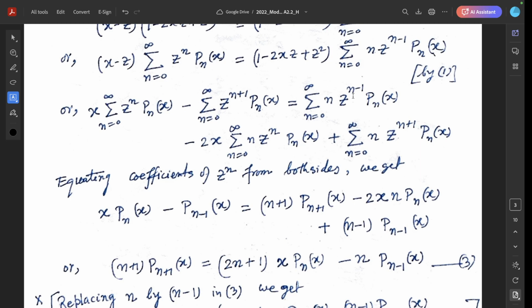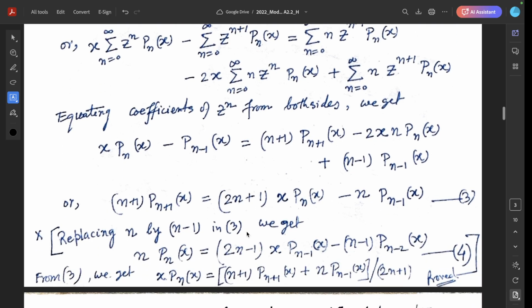So put here z to the power n, put here n plus 1, so we get n plus 1 pn plus 1x, and this is the z to the power n, so 2xn pnx minus this plus this n z to the power n plus 1. Put here n minus 1, so n minus 1 into pn minus 1x. After simplifying we get n plus 1 pn plus 1x equal to 2n plus 1,